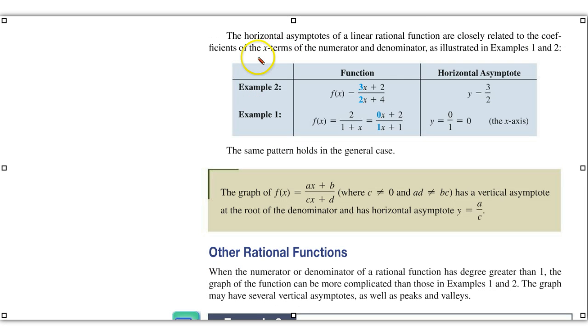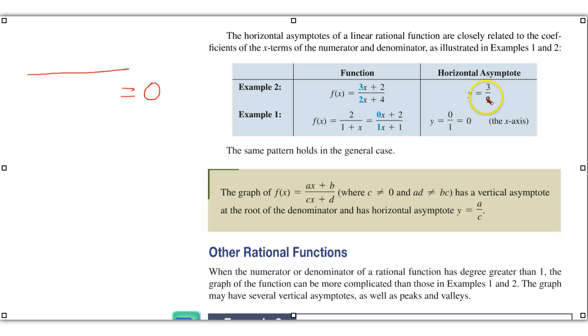Now we know how to find the vertical asymptote. We take our denominator and equate it to 0. But there is a little formula for finding the horizontal asymptote. And that formula, as we've seen, is we take the numerical coefficients, as long as our variables are the same power, and it's just that ratio,